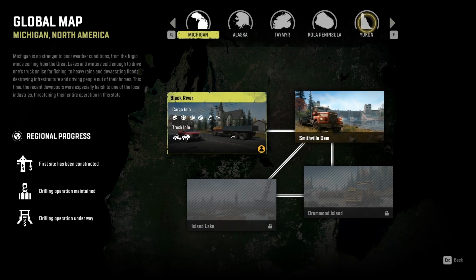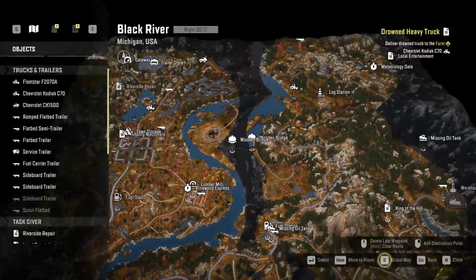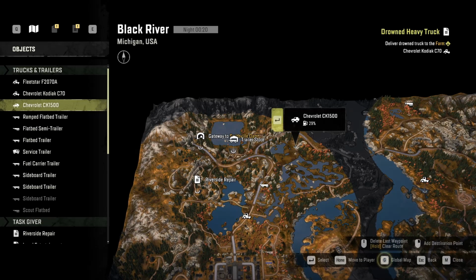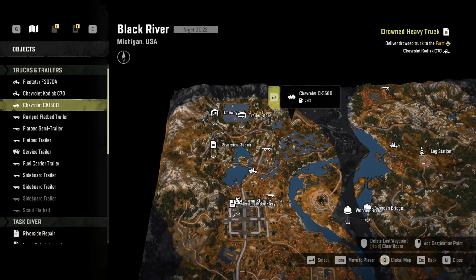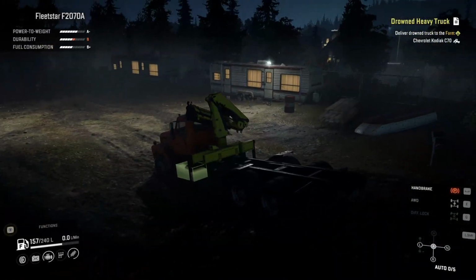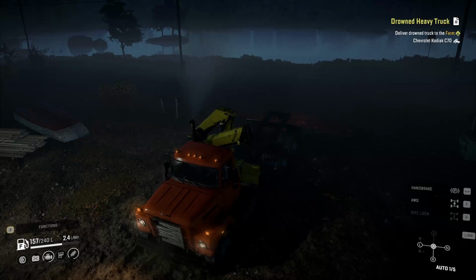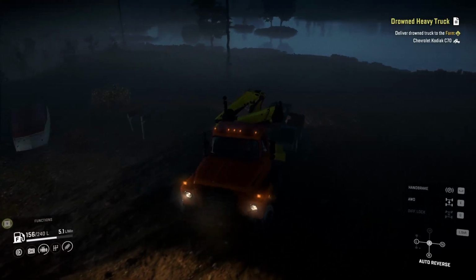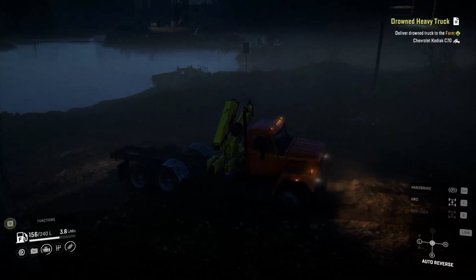Let me have a look at what we might want to do next. I think we might jump into the Chevy, take it to Smithfield Dam, and look at exposing some more upgrades. Alright, decision made. We're going to take this truck and the Chevy pickup through to Smithfield Dam. We're going to have a look at some of the missions there,